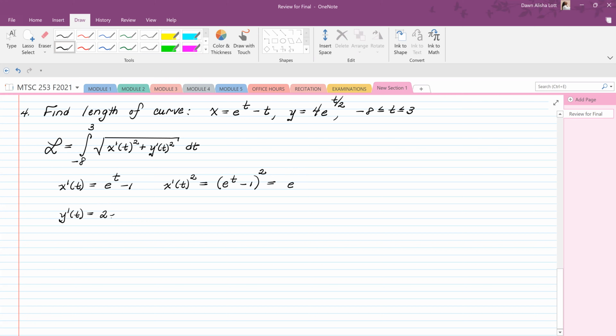2e to the t halves. Okay. All right. So now y prime of t squared. You have to square it, like how you did that one. No, this one's different than that one. Oh yeah, so 4 and then t, e to the t. Okay, and then this one is,